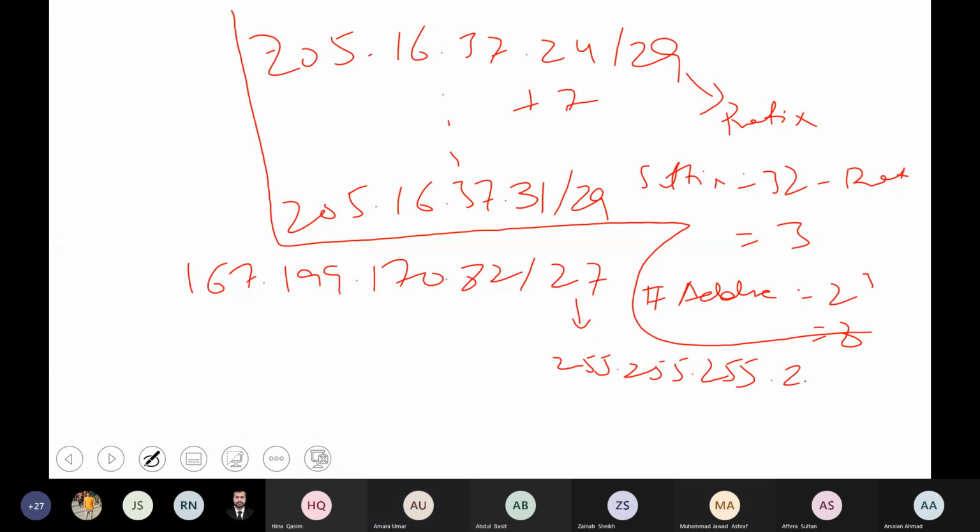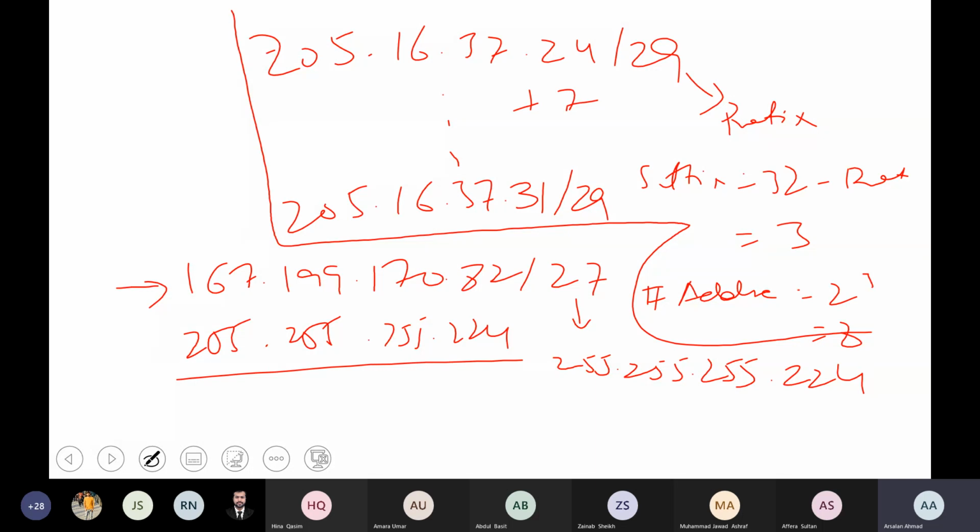224. Absolutely correct, 224. And what will I do? I will simply do the logical AND. So this is the address right here. I will do logical AND with the subnet mask 255.255.255.224. And after doing the logical AND, you can do it by yourself. The answer will be